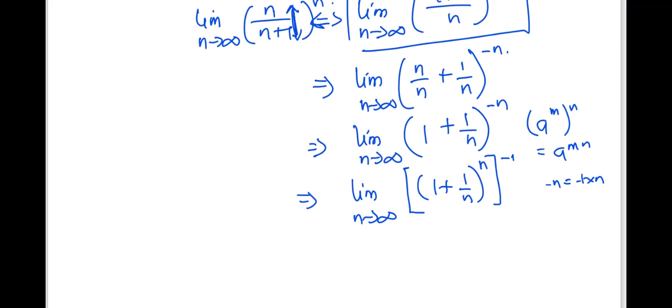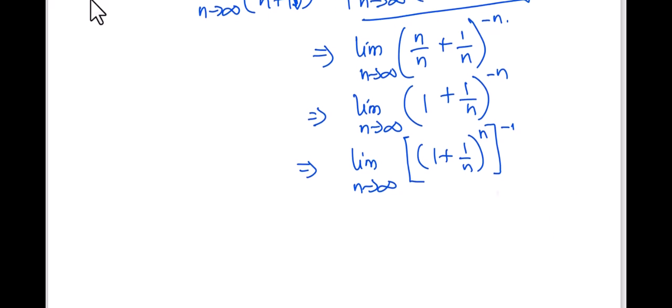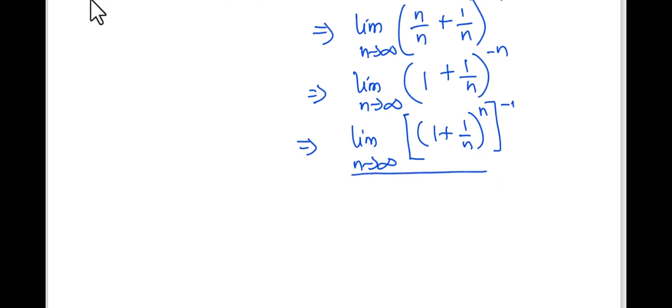Like a to the power negative n is the same as a to the power n, then negative 1. This negative and this n multiply to give back this. That is what I'm using to write our limit in that form. But this was given; we know that